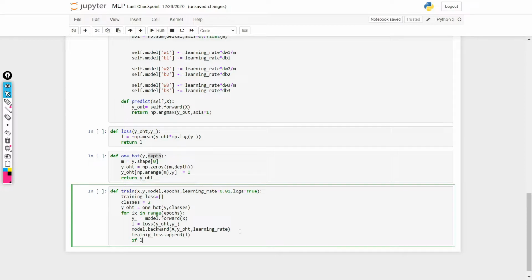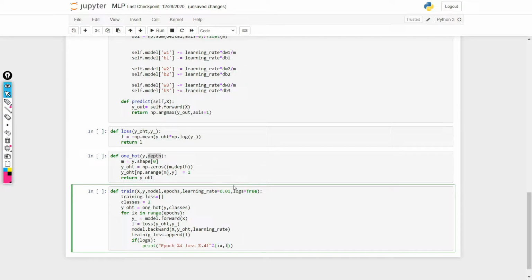And if logs, it means that if we have set our logs as true, we are going to print epoch %d loss %0.4f, and I am going to pass ix and l here.